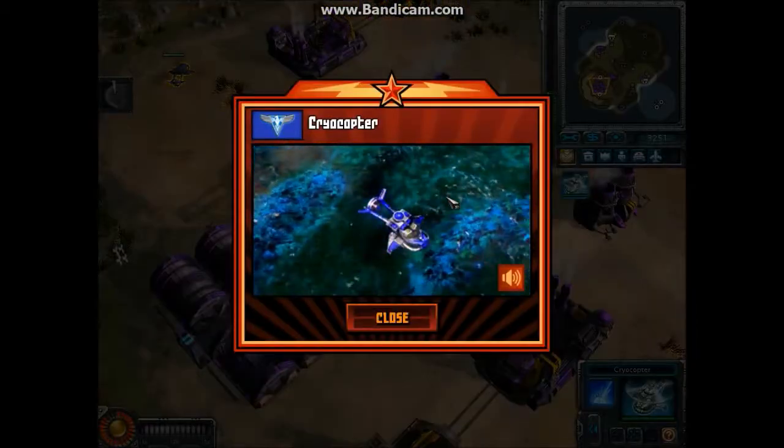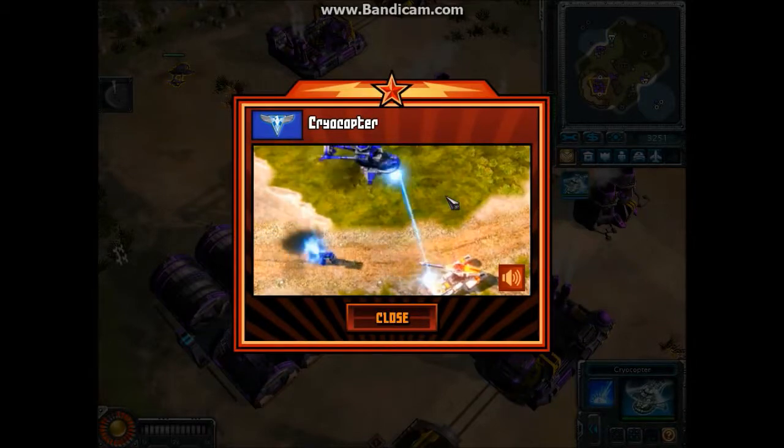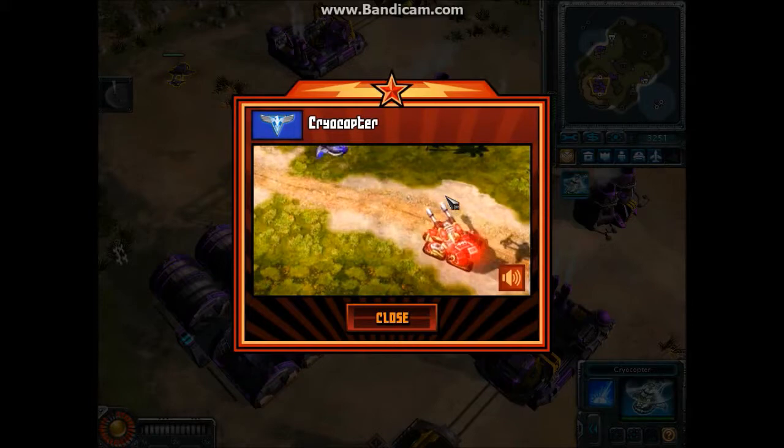Cryocopters are special support units which can freeze targets. Frozen units cannot act and are highly vulnerable to attack. The cryocopter's special ability is the Shrink Beam, which temporarily reduces the target in size, making it less powerful and